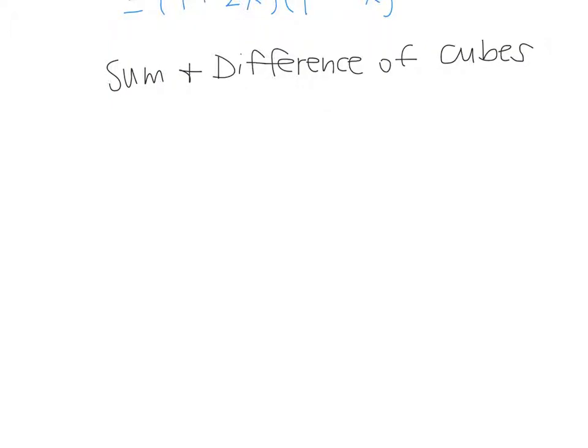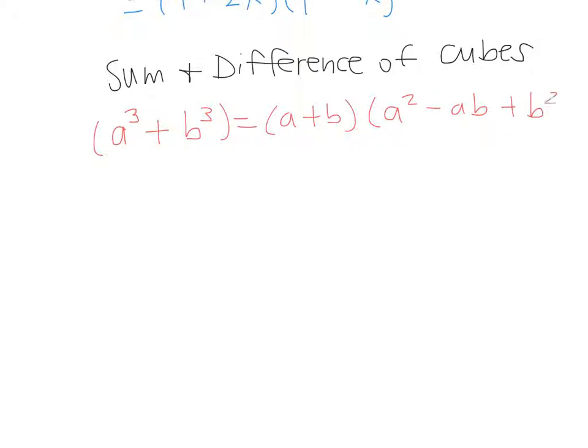The third and last special case of factoring is if we have the sum and difference of cubes. So we are going to write down what the pattern is. If we have the sum of cubes, in other words, something like some quantity a cubed plus another quantity b cubed, that can be factored as the linear factor a plus b times the quadratic factor a squared minus ab plus b squared. And if we have the difference of cubes, so a cubed minus b cubed,